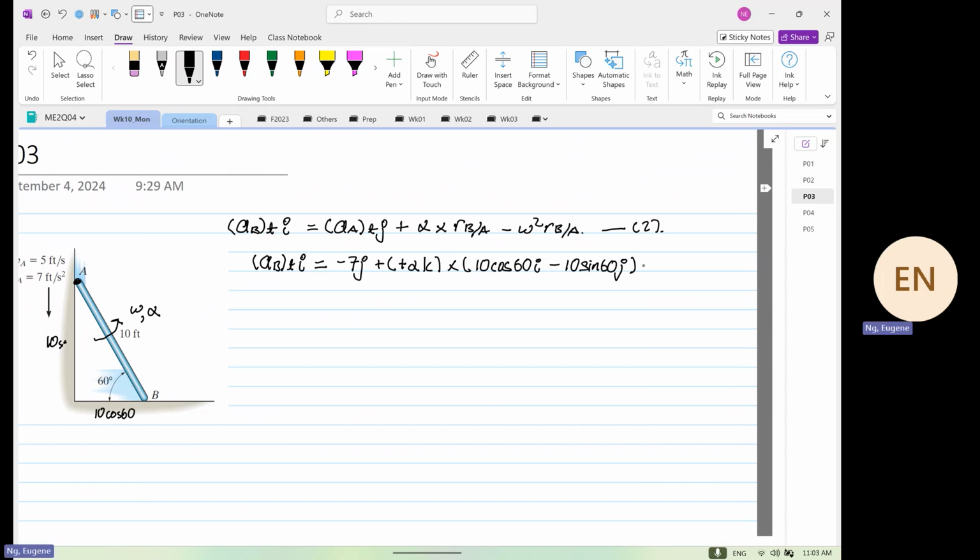And then you have minus, now omega squared, we know. So this is 1 squared, and then R_B dot